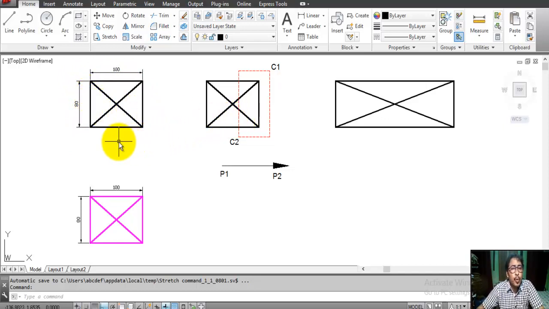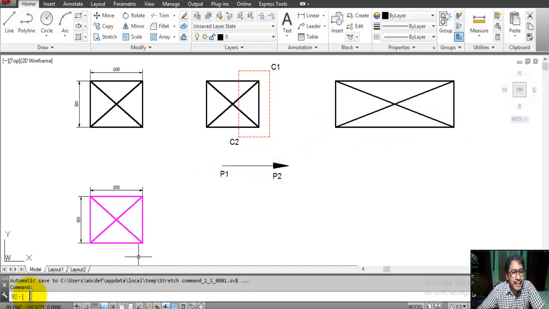If we use the stretch command, we use a crossing selection. C1 is the first point, C2 is the opposite point, and the base point is P1, and we move P1 to P2. Then the object increases in this way.